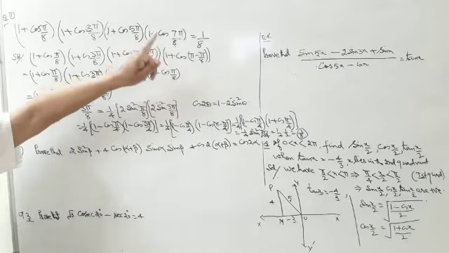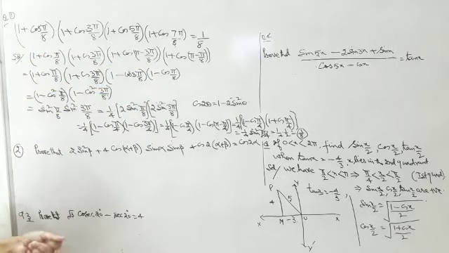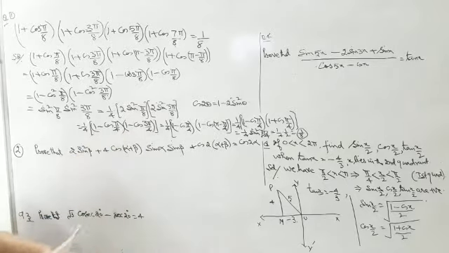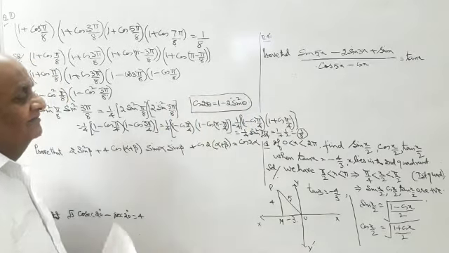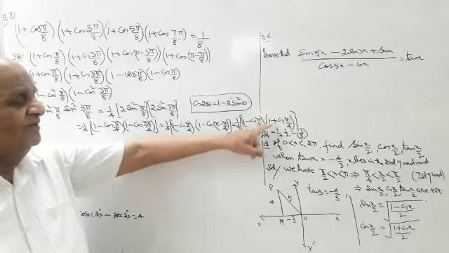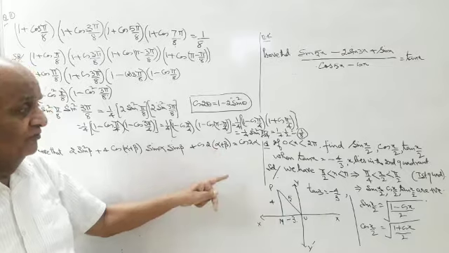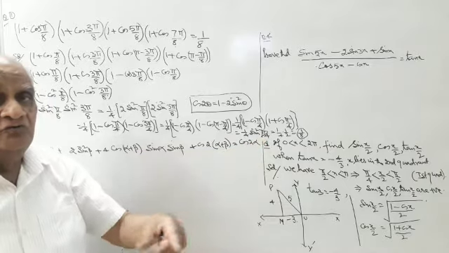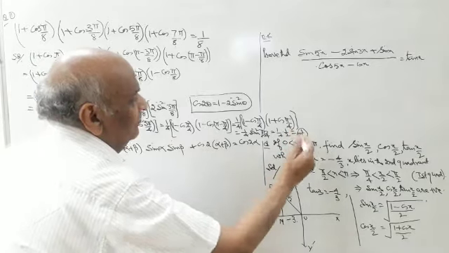That is, we have to show that 1 plus cos pi by 8 and so on up to 1 plus cos 7 pi by 8 is 1 by 8. So the steps I have adopted are in this way, with maximum application of the multiple angle formula. And in the last step I have done 1 by 4, 1 minus cos pi by 4, 1 plus cos pi by 4, a minus b, a plus b, which is 1 minus cos square pi by 4. That is 1 by 4 sin square pi by 4. Sin 45, you know, is 1 upon root 2. Square of that is 1 by 2, and 1 by 2 into 1 by 4 is 1 by 8, which is the answer.